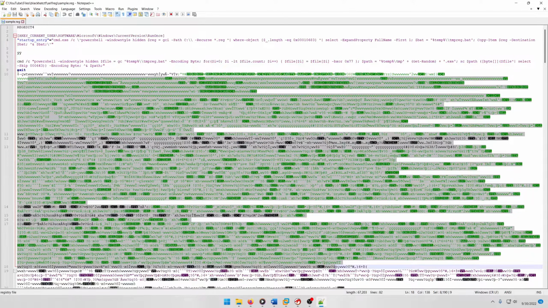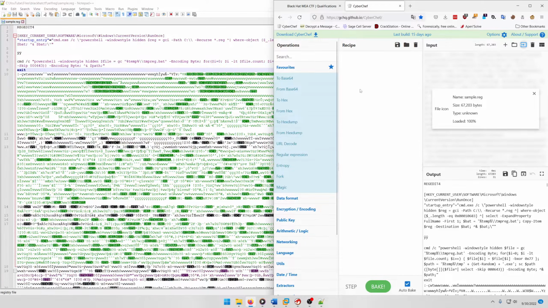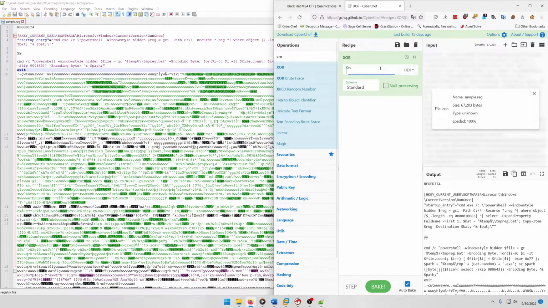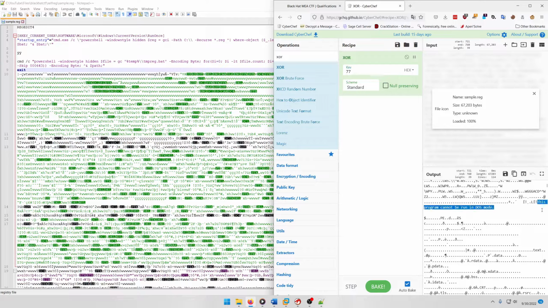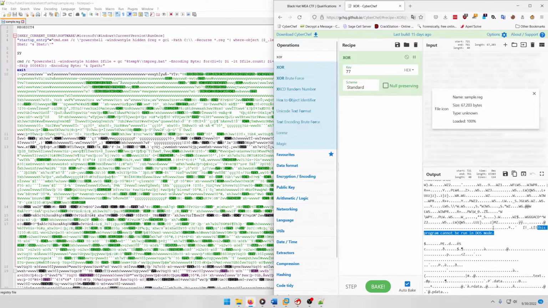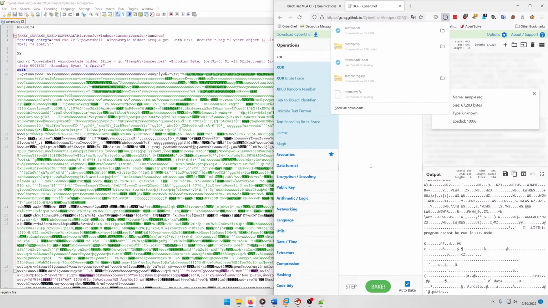Now, to be on the safe side of where this data starts, we're simply going to open up CyberChef and input the entire file in there, like so. And then we're going to do a XOR operation on it, and give it the hex value 77. If you scroll down a little bit, you'll actually see the heading for an executable file in Windows. And we know that an executable file in Windows has a file signature of MZ, which you can see right here. So we're going to save this output, and we'll call it sample.dat,